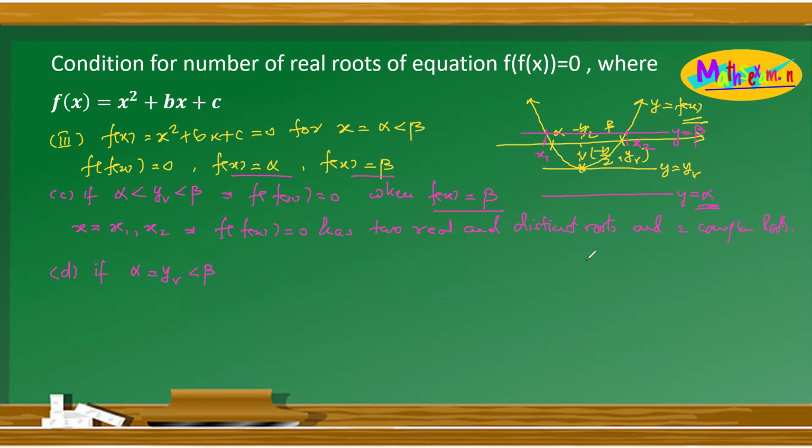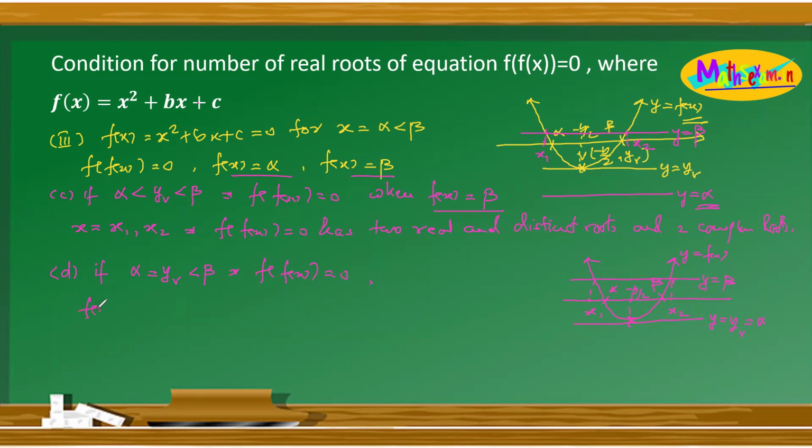In this situation, let us say this is the graph of fx and it has two distinct roots, alpha and beta, and this is the y coordinate of the vertex, y is equal to y of v, which is also equal to alpha, and beta is above this, y is equal to beta. This value corresponds to minus b by 2a, and this one is x1 and this one is x2. Now you can see that if we talk about the roots of the equation f of fx is equal to 0,